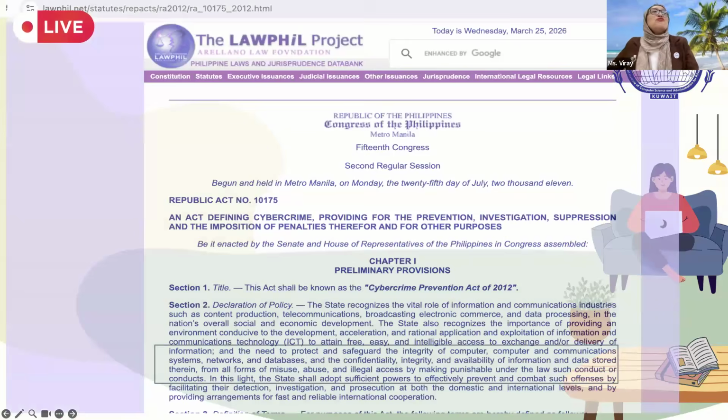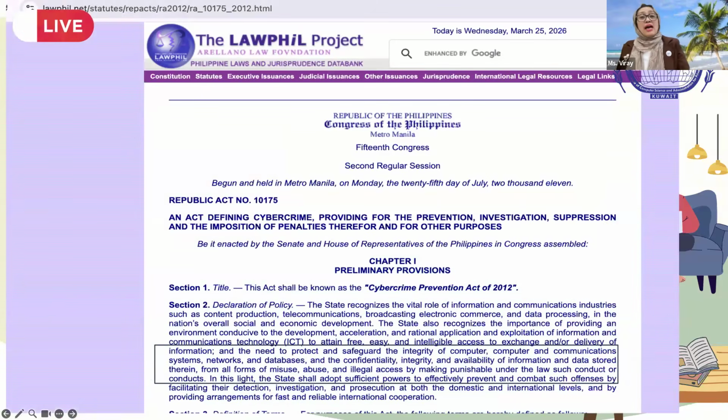And of course, in the Philippines, you also have a law like that. Maybe you have heard about the Cybercrime Prevention Act of 2012. We are saying this because, guys, we're going to work with information. So learn about privacy.